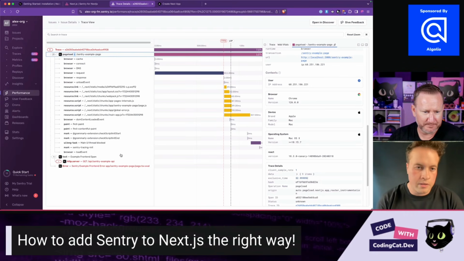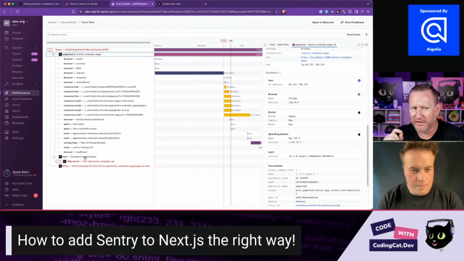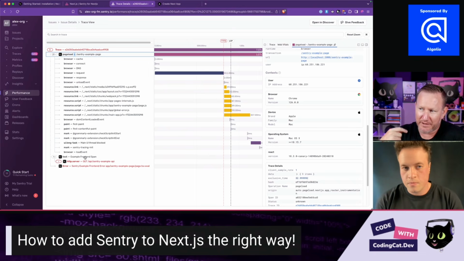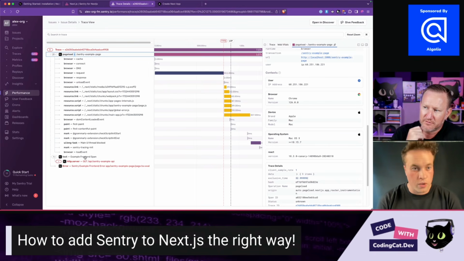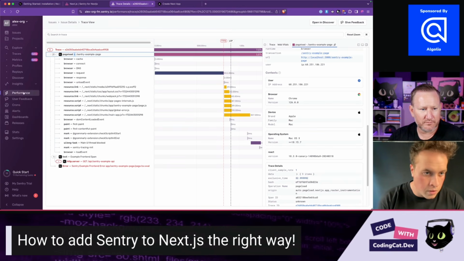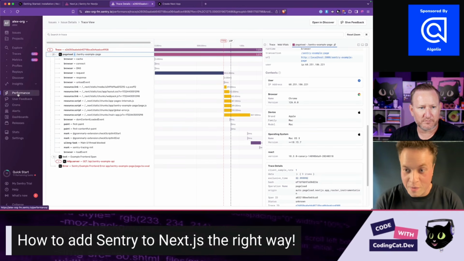It's awesome. Exactly. Is there a way to get to this kind of view where you want to see page hits and performance without an issue occurring? For sure. So on the sidebar, you see performance. If you click on that,